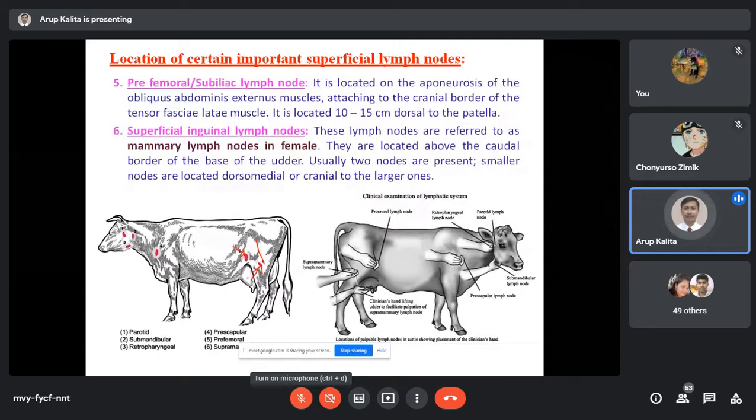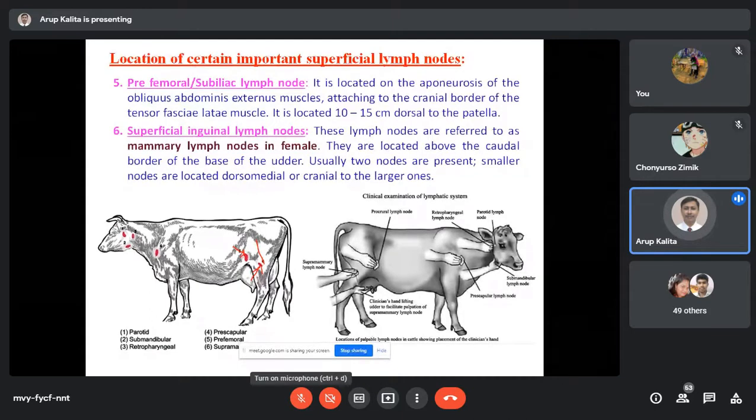These criteria are related to the general health status of the animal, or suppose you want to purchase a cow, that means you have to consider the milk yield of the animal, but definitely you have to consider the health of the animal. The first criteria will be health. Second criteria, for example, if you want to purchase for breeding purpose, you have to select different criteria. If you want to purchase for meat purpose, the criteria will be different. If you are purchasing for milk purpose, the criteria will be different. But health criteria will be main first.